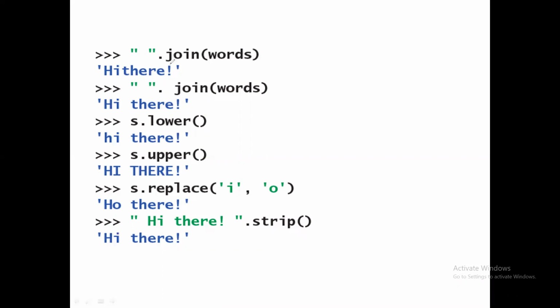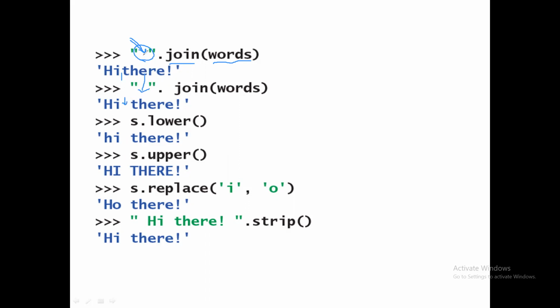Next thing is calling a join method. We know that join method uses the string to concatenate the sequence of strings available in the parameter here. Words is a sequence of strings that contains two strings, hi and there, and we are concatenating those strings with this space. Therefore, it returns hi space there. It returns a single string by concatenating all the words with this particular string as a separator between those strings. And if I mention a space here, this is displayed over here with a space.